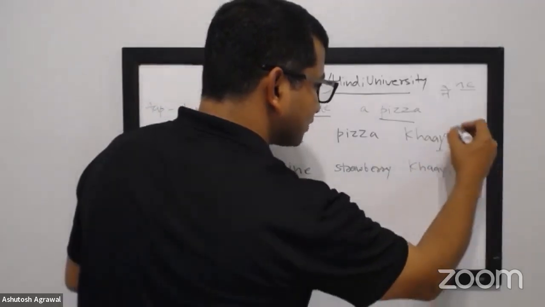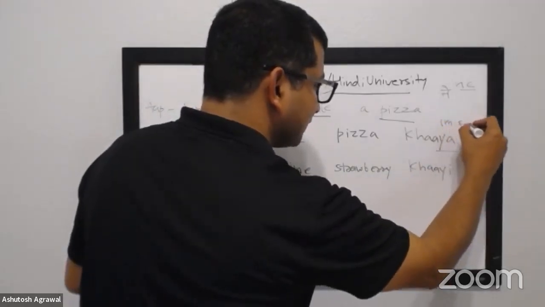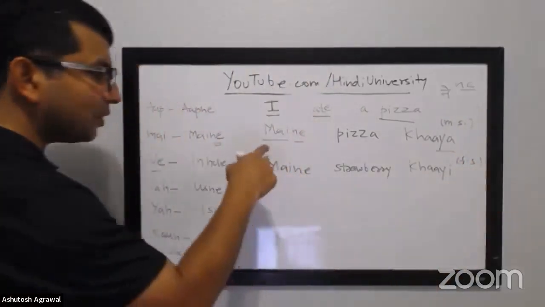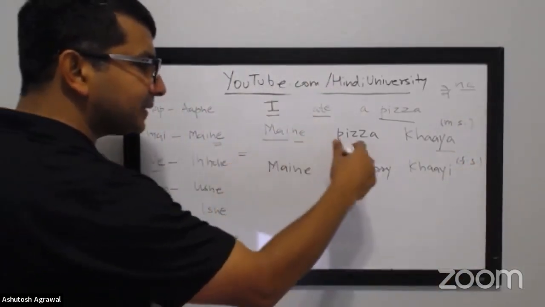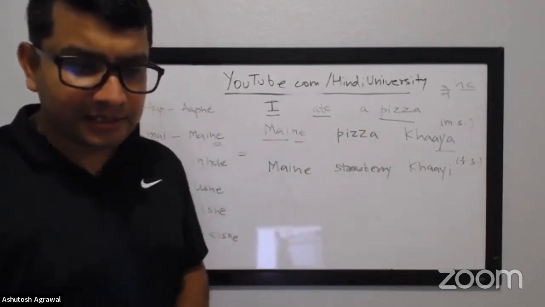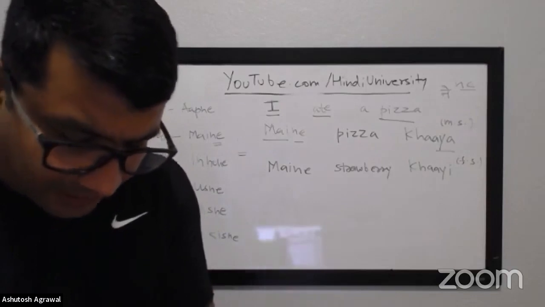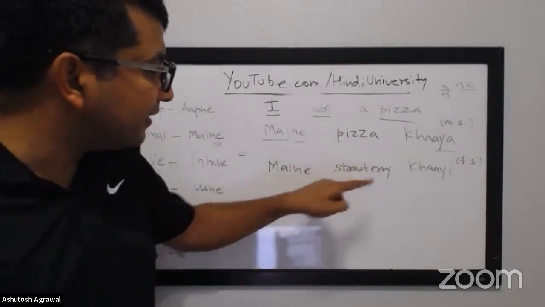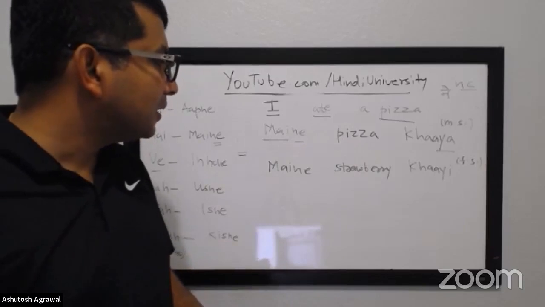So this is masculine singular. This is your feminine singular. Again, to repeat, this is not really determined by the subject, it's by the object. Regardless of whoever is saying it, they'll just say the same thing. Okay, let's do some more. Let's do masculine plural and feminine plural also.